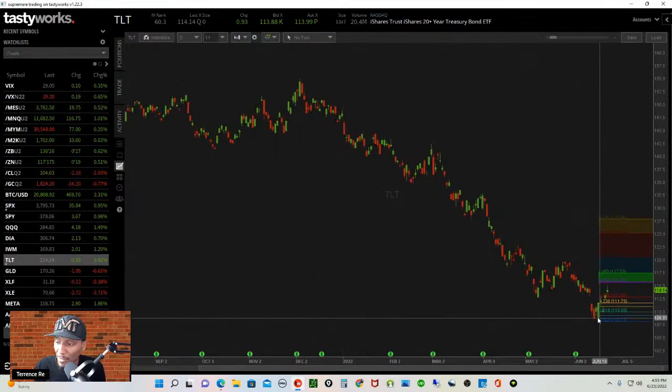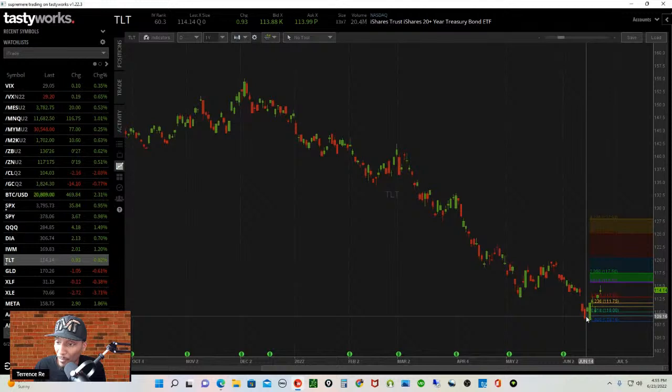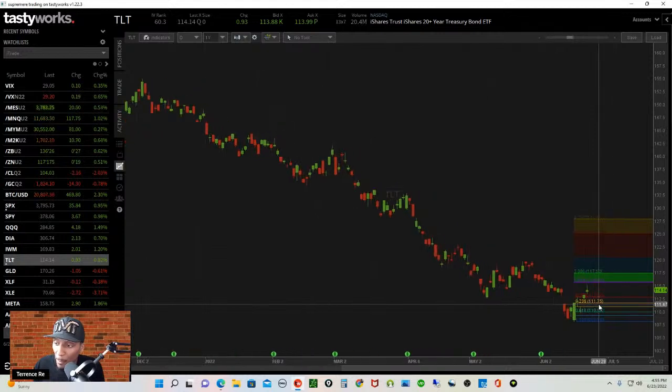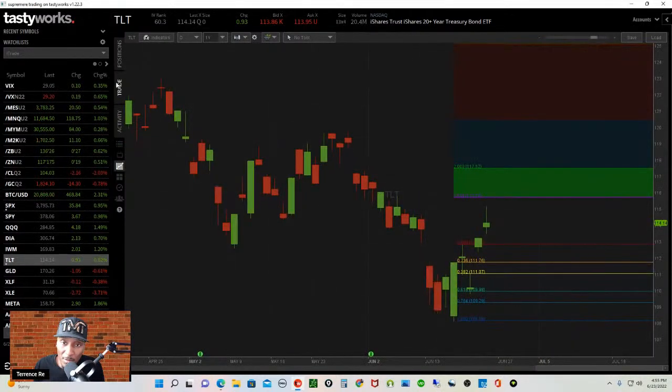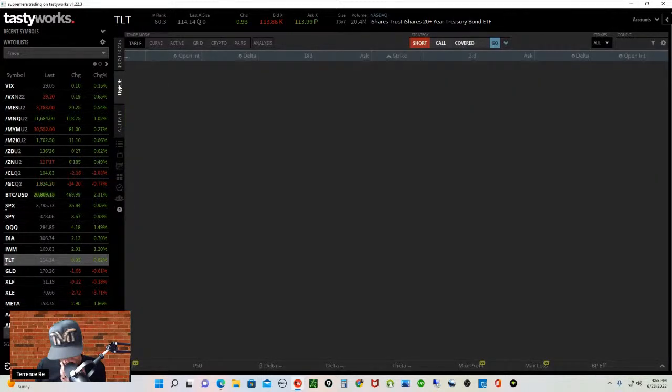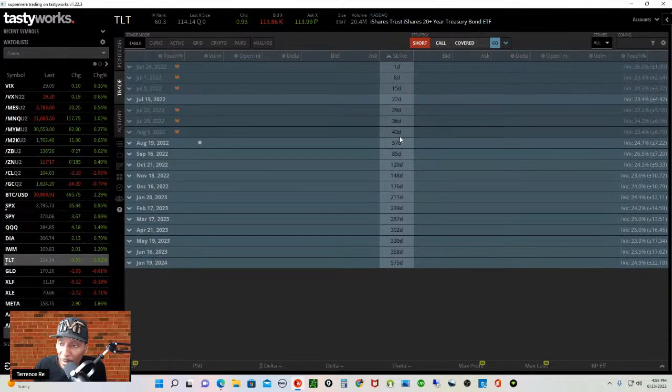So with that being said, I think this little pop was a good chance for me to get long. So that's what I did. I put on a put spread. Basically, let's go to the trade tab. Let's pull up the option. I ain't gonna keep you long, but I'm gonna be strong. Come over here to the 50, go about 57 days out. I could have gone 22 days. That would have been a little bit too short,